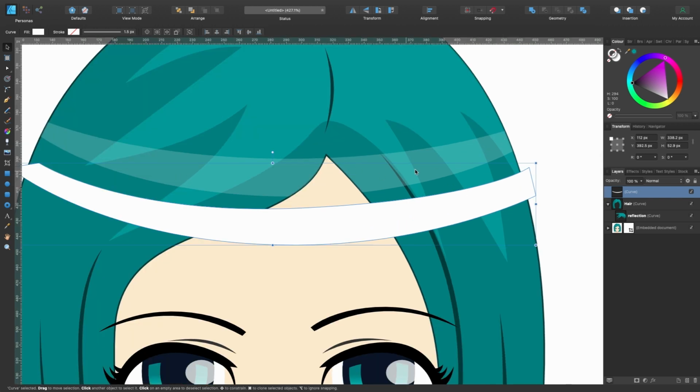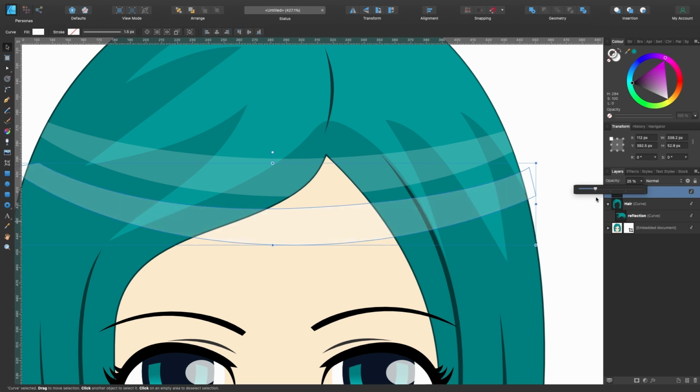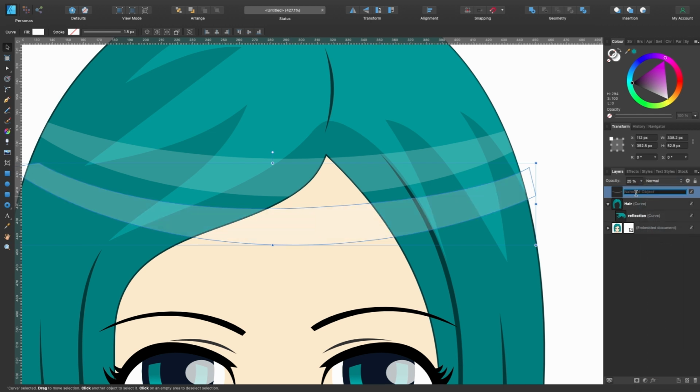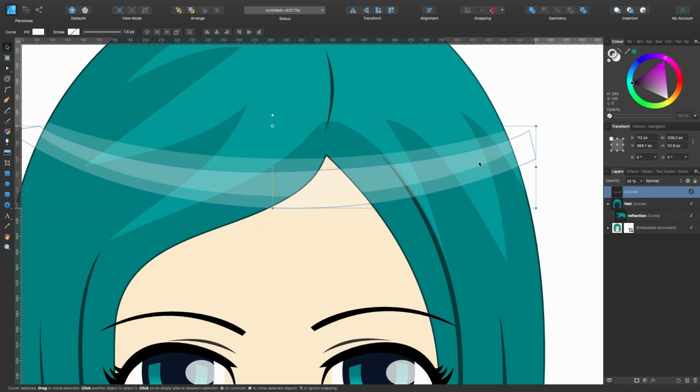It looks like this reflection is transparent because you can see the other reflections in the background. What you can do is head to opacity in the layers panel, click on that and just drag it down till it looks similar. So that looks similar to my eye. There are other ways of doing this where you can cycle through all of these. Better if you have a different color there, it interacts with it a little bit better. But we're not going to use that just yet. So this is our reflection, not going to bother naming that, but I'll just drag that up.